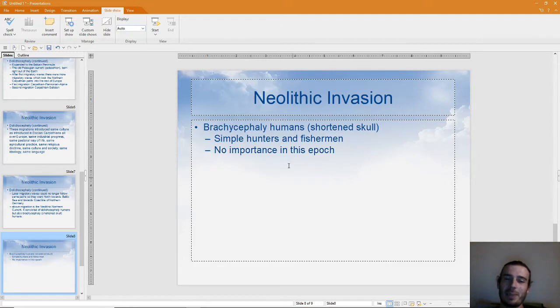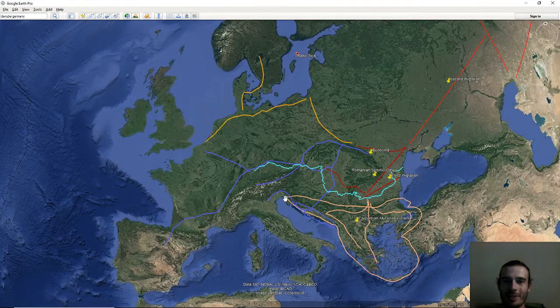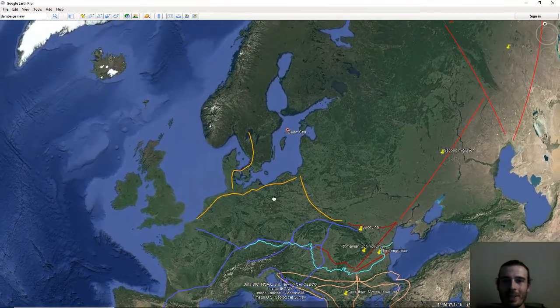And these people, unlike the other dolichocephaly humans, were simple hunters and fishermen, and they had no importance in this epoch. So they settled in the northern parts of Europe, and